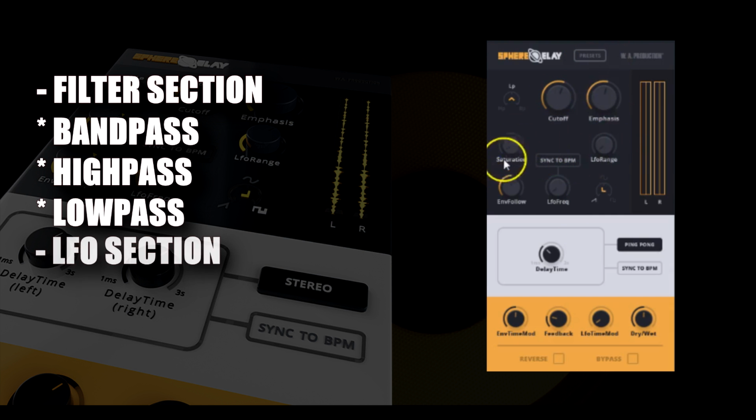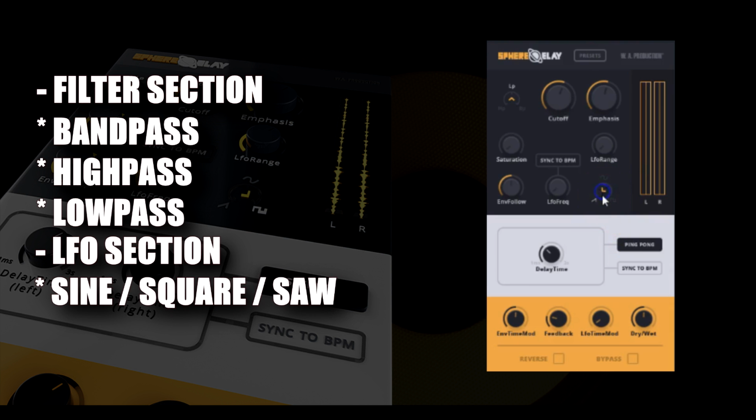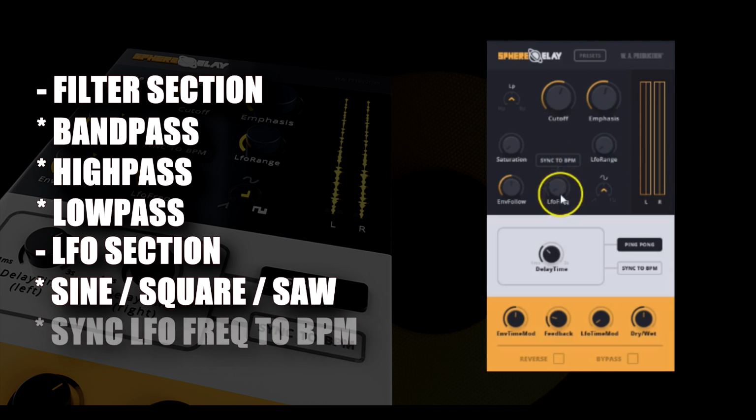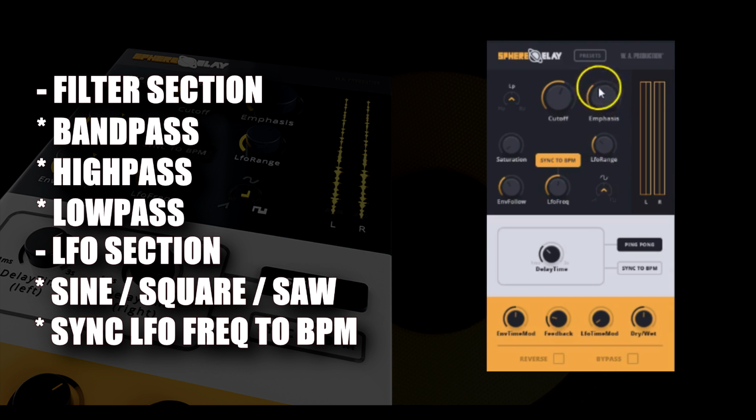Here is included LFO, various LFO shapes, square, sine, LFO frequency that you can sync to BPM. You can even set the LFO range right here, which means the size of the amplitude. I'm not speaking about these emphasis and envelope follow knobs on purpose, as these are just to allow you to tweak the algorithms a bit more. They are quite complicated and you will be able to see what they do exactly once you start tweaking